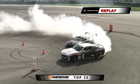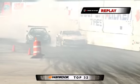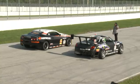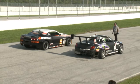It does look a little similar to the first battle, but I feel like Daigo actually got a little more aggressive towards the entry, and maybe that'll credit him a little. I thought Daigo took the last one. None of the judges voted my way. How do you think this one's going to go, Jacob? Oh, man. Again, I'm glad I'm not a judge, but I do feel that Daigo had a much stronger follow this round and was much less twitchy than...